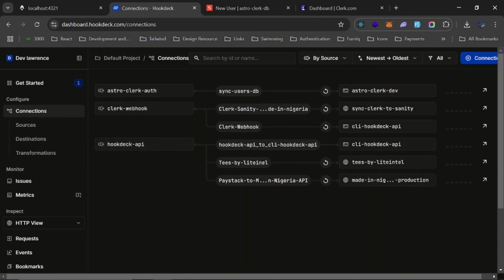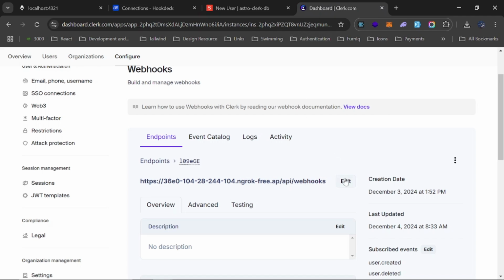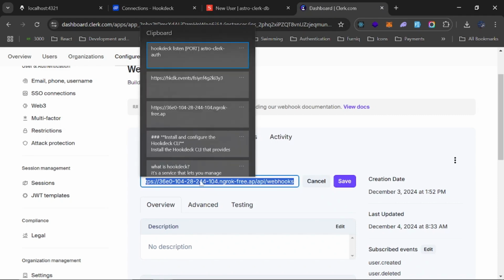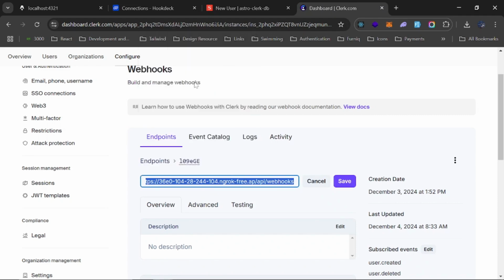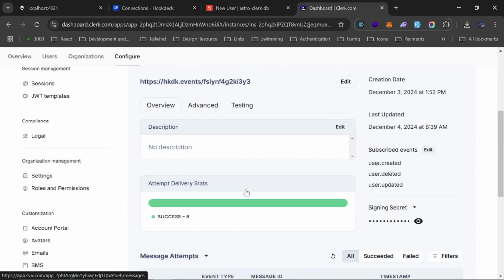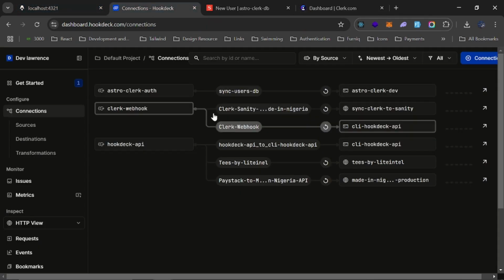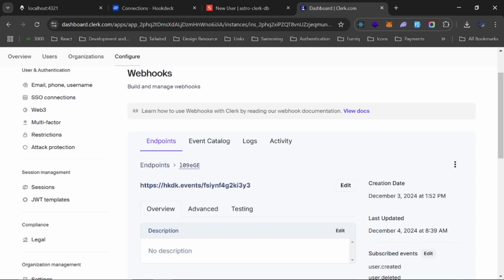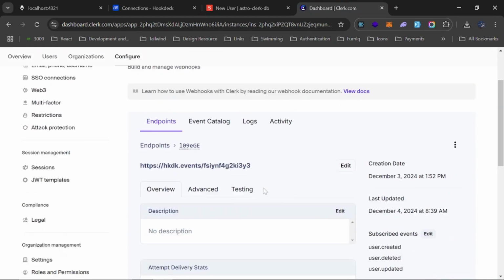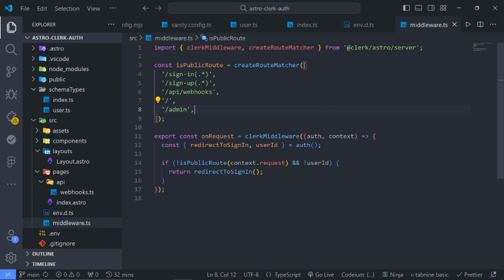So what you have to do next is to come to your Clerk dashboard, click on edit, and I'll paste in the link, which is this one right here, and I'll click on save. So by doing this, I don't have to touch this endpoint ever again, except maybe if I decide to delete this or change this to something else. But other than that, I don't have to come right here again. So the next thing to do is to go to our VS Code,